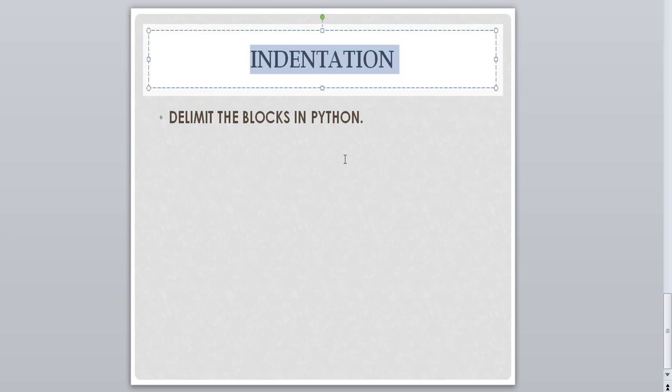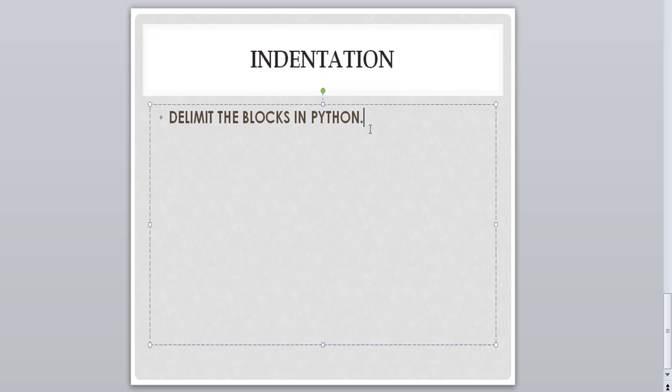Now Python uses white spaces as explained in my last video. Moving on, an increase in indentation comes after certain statements, and a decrease in indentation signifies the end of the current block. The Python style guide recommends using 4 spaces per indentation level. That means every indentation is equal to 4 spaces. You should remember this because it comes in the Viva, the board exam Viva.